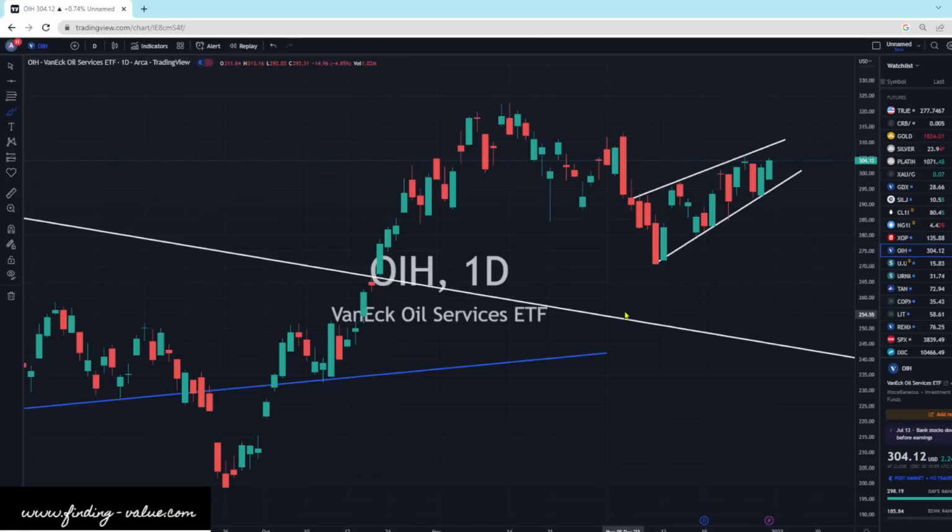OIH, the energy service companies, we are in an ascending wedge type formation, which generally breaks to the downside. We've got a large bearish engulfing pattern here, kind of our lead in, and then we're struggling to fight our way back. So it may puke out one last time, give us a nice good buying opportunity somewhere in this region. I've said that a few times.